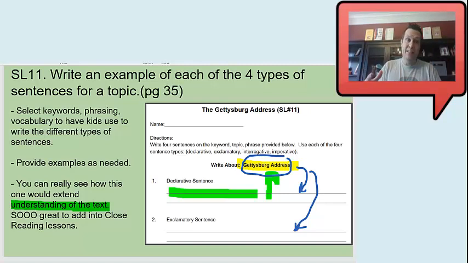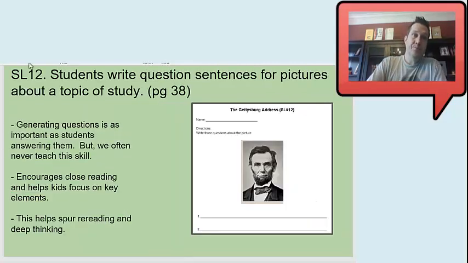One of those CFUs, check for understandings. This makes a great CFU, a great checking for understanding, because there's no way a kid could do this activity without demonstrating what they know or don't know about a text for sure. SL12. On this one, students write